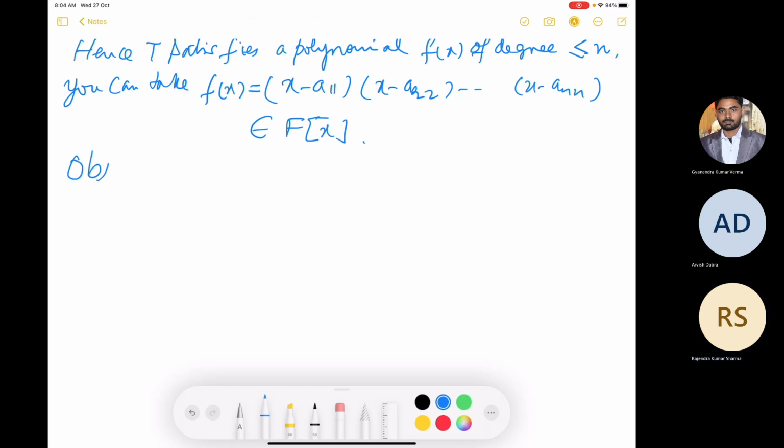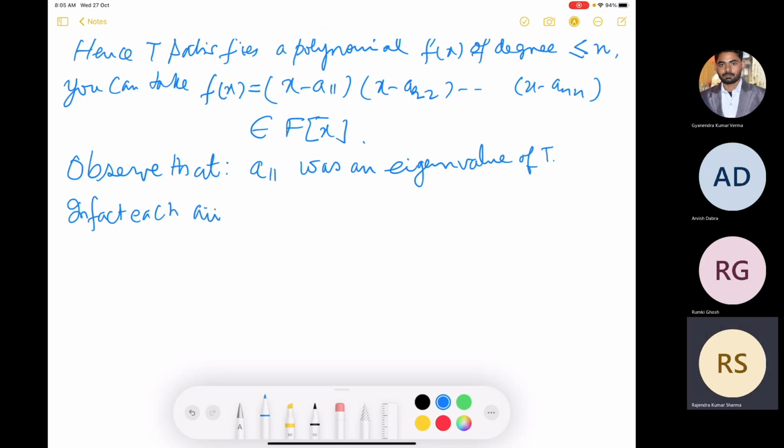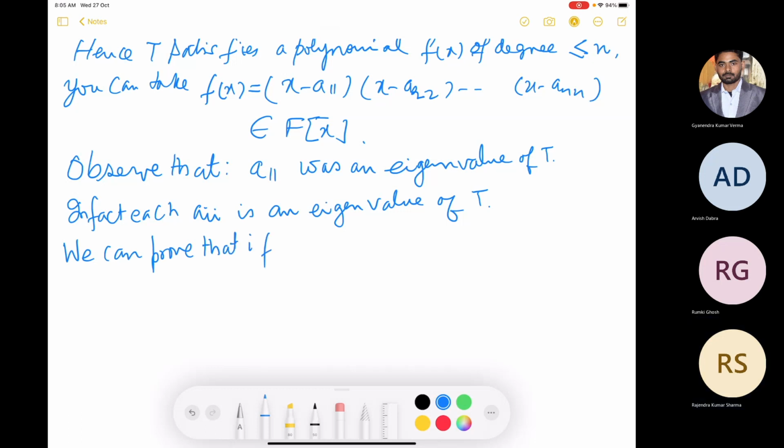Observe that in the proof, if you recall, a11 was an eigenvalue of T. In fact, each aii is an eigenvalue of T. We can prove that in general, we can prove that if A is a triangular matrix,